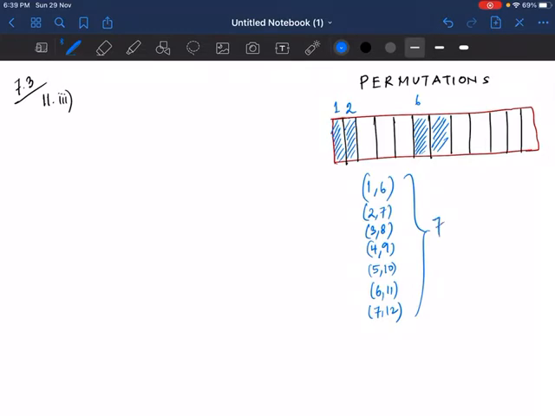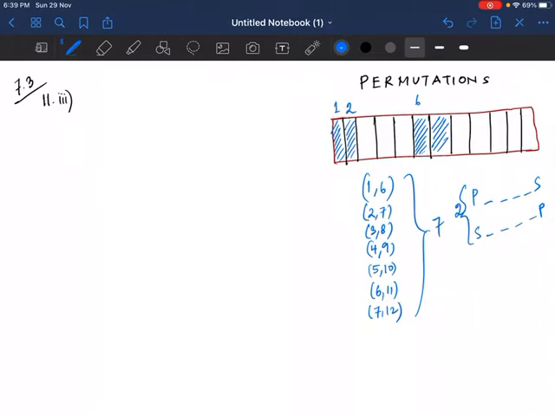Now one thing, P and S itself can be arranged in 2 ways. How can we say that? You see, here we have 4 letters between P and S, and this one also means that there are 4 letters between P and S. So we can arrange P and S in 2 ways. Either we put P in the first place, or else we can put S in the first place. So there are 2 ways we can arrange P and S.